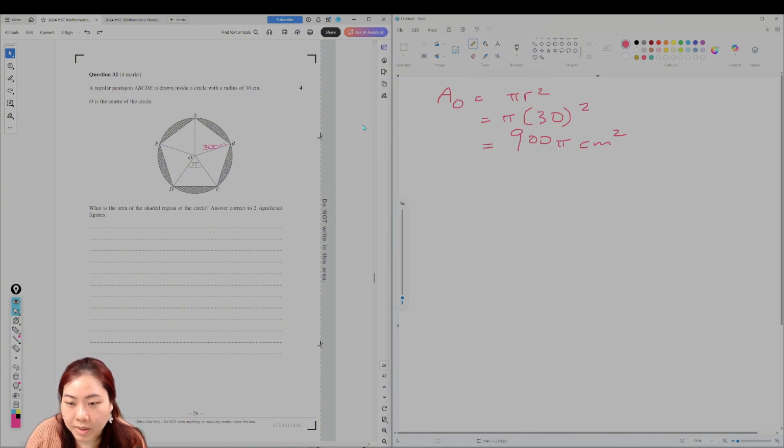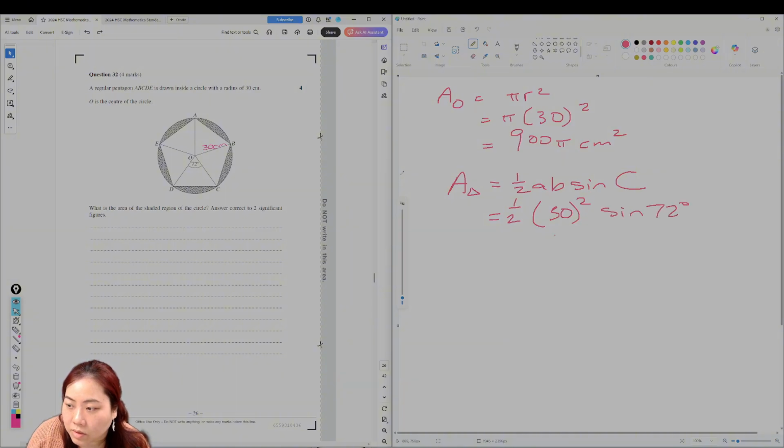Area is half AB sine C. Yeah, we can do that. Area of the triangle is half AB sine the other angle, C. So we got half times A, which is 30, B is also 30, sine 72 degrees. So we have 900 on 2, which is 450, sine 72 degrees. Now we have the area of the shaded region